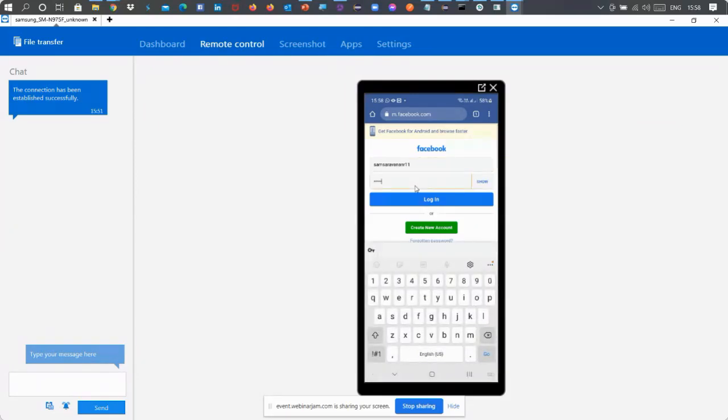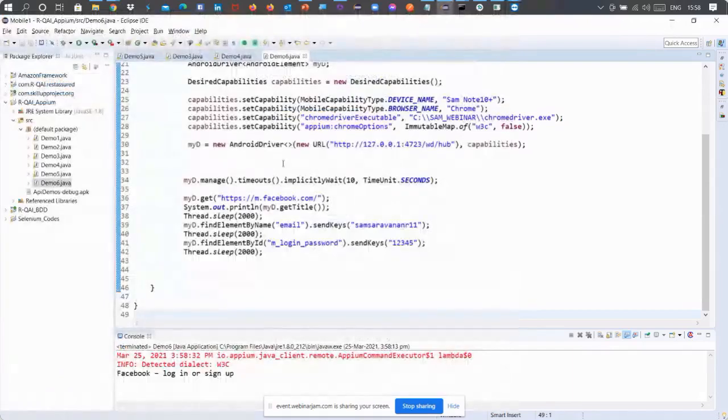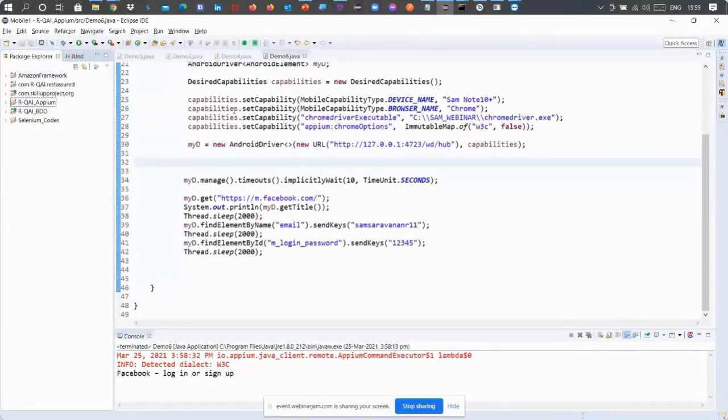So this is how we test web applications in mobile devices, right? And the earlier example that we have seen is testing your native applications, right? And this is how we can test web applications on mobile devices, right? Okay, right, team. And now,